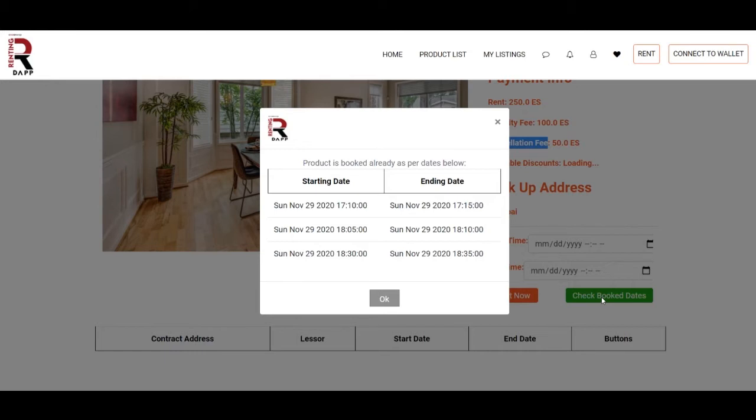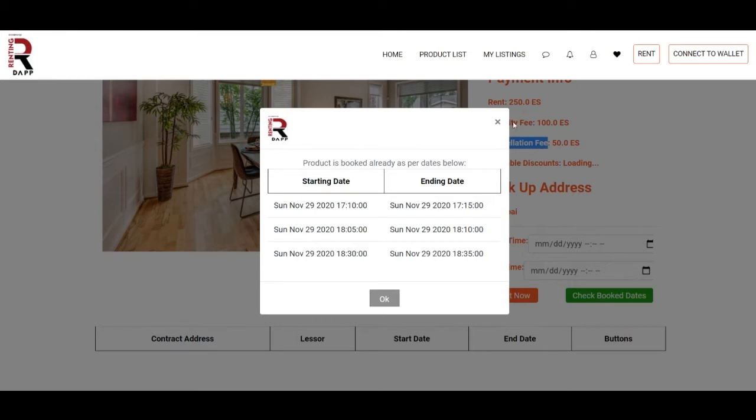Here you can see the booked dates and accordingly you can rent your item. If you enter any time that is overlapping with any already booked timing, then you won't be able to book that item at that point of time.